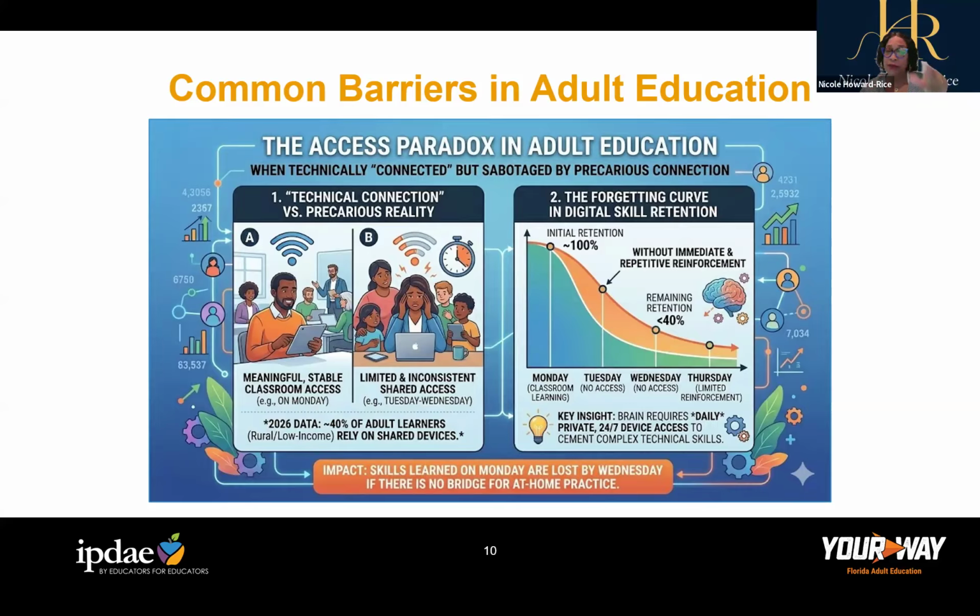And without repetitive reinforcement, you drop down. And then the remaining retention that we see drops all the way down to 40%, and that's if we're lucky. And this is within the first 12 hours of instruction. We have to know this is where we are. So our key insights are going to require daily repetitive push, some way, somehow. And that's something I think we can come up with together today. This is why us sharing our ideas and us dropping little notes to each other throughout the chat are so important.